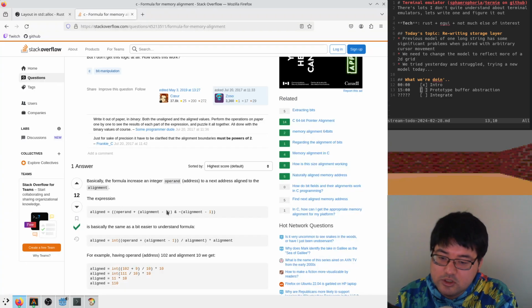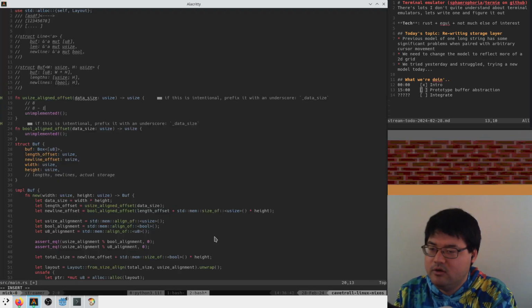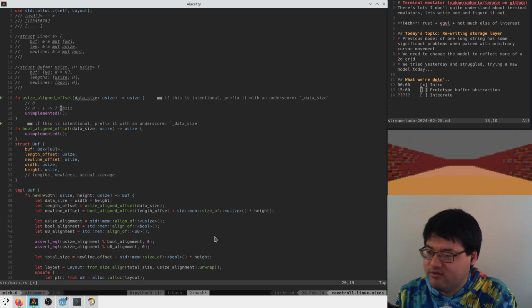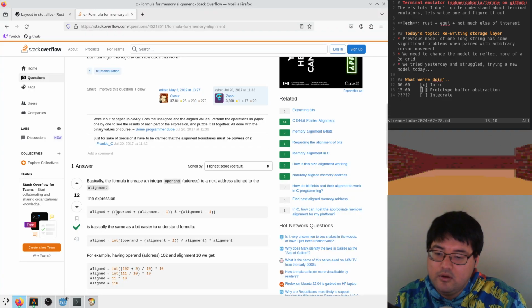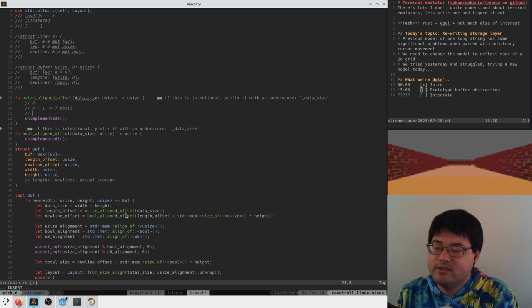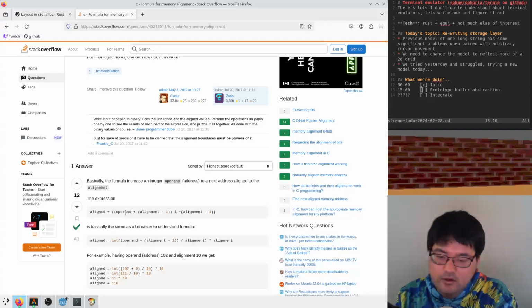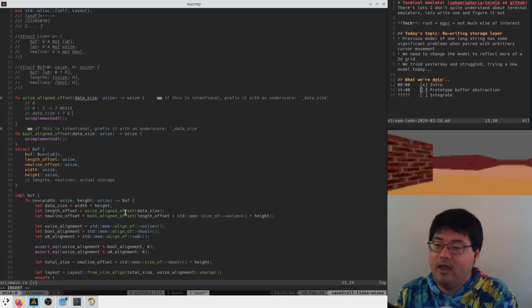They're saying that alignment minus 1 is 7, which is a bit mask of all ones. So they're saying operand plus this, so you have data size plus 7 and